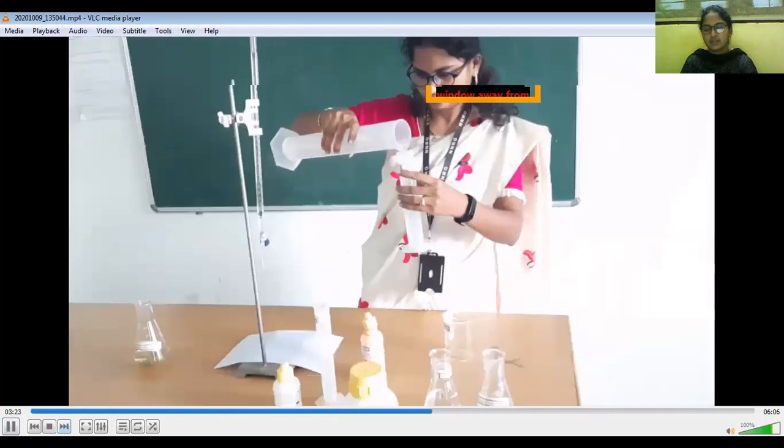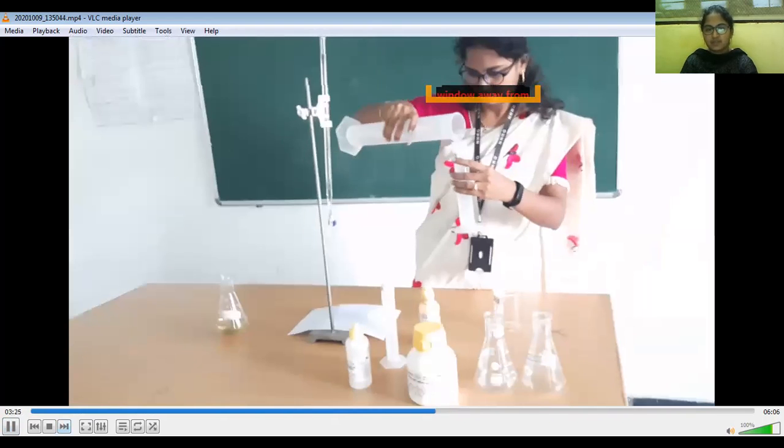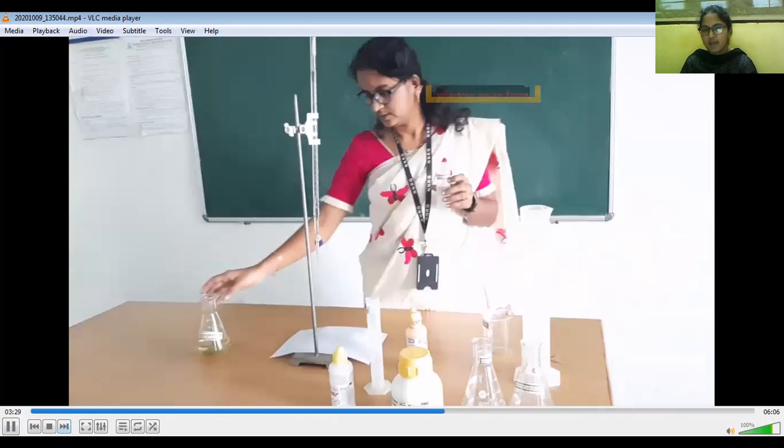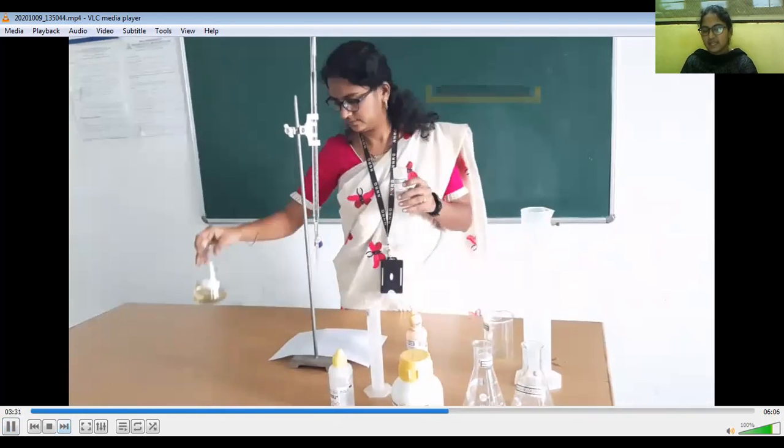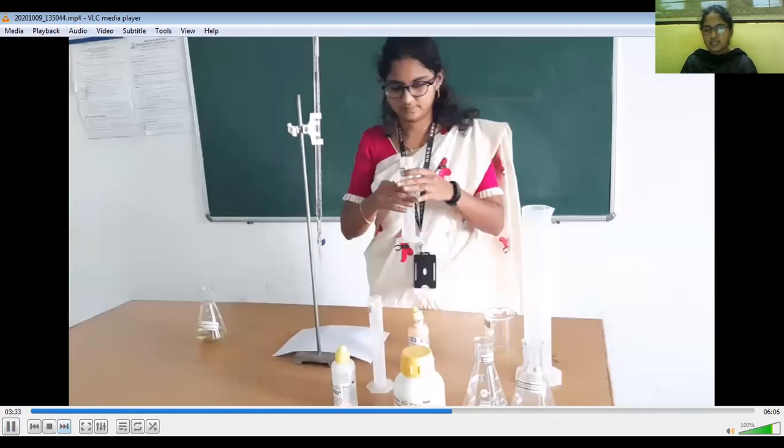We see that there is no perceptible color development. So this indicates that mineral acidity is absent.